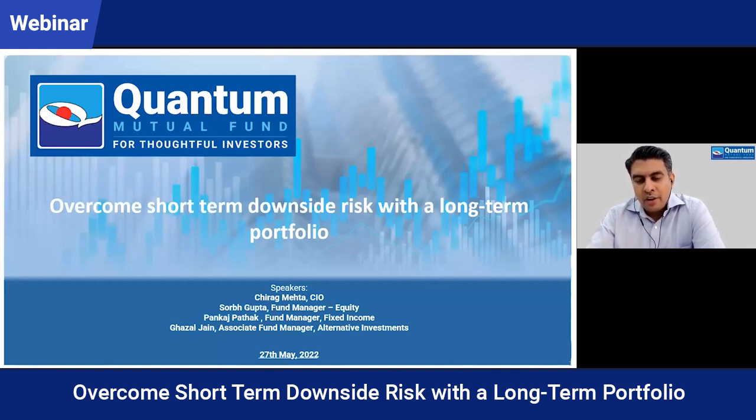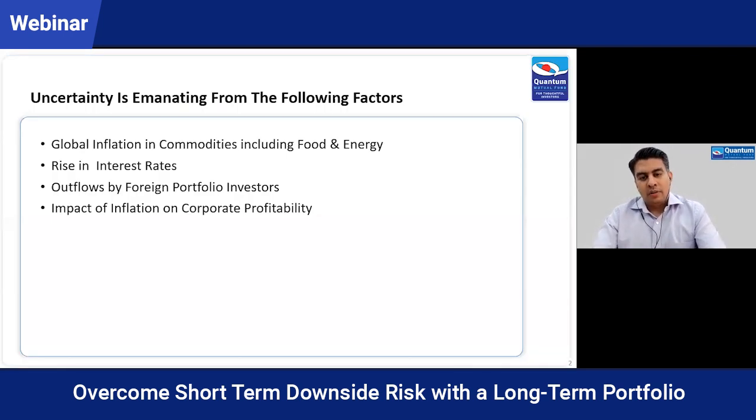Are they allocated in the right manner? What are the views on asset classes where they should be positioned? So from that perspective, we'll run the asset class views for you. First, we'll run you through some macro backdrop, what we are seeing in economy and the global markets. Then we'll run through asset class views of equity, debt, and gold. And lastly, how you can build a robust portfolio that will help you minimize downsides whenever it occurs. So with that, I will run through a few slides on global macro.